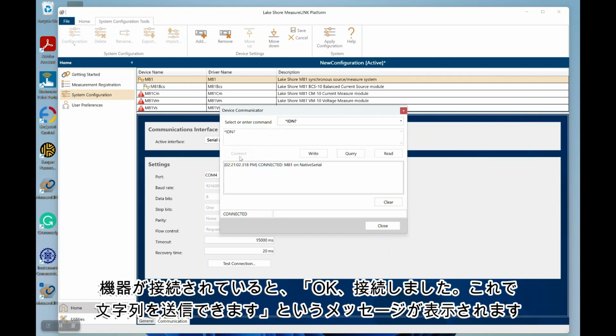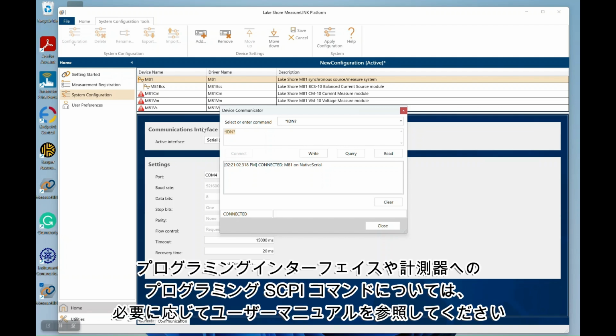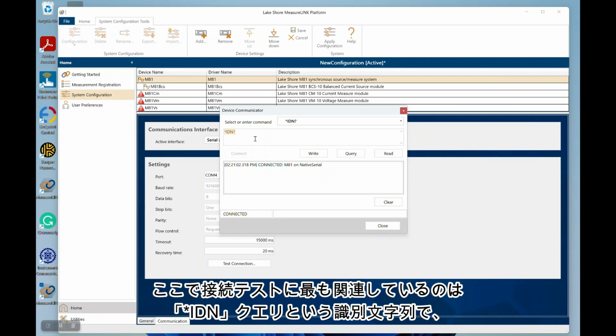We can connect to the instrument, and it says, okay, I have connected to it. And now we can send a string. You can look through the user's manual for any of the programming interface or any programming SCPI commands to the instrument if you'd like. But the most relevant here just for testing is the identification string, which is *IDN?. We can write